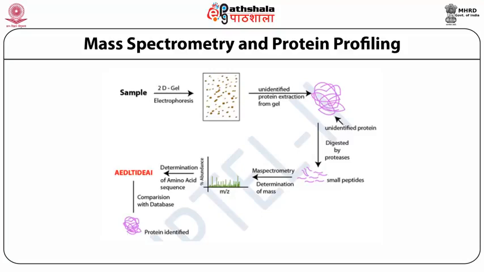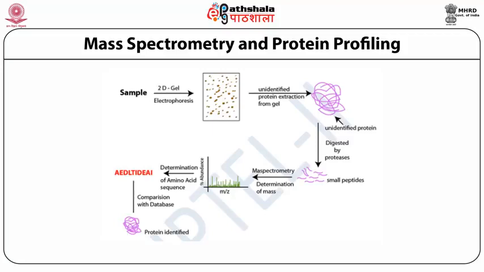Firstly, we will have to isolate the protein from the sample, and then we will run it on first dimensional gel electrophoresis. Later on, that particular gel will be run on the second dimension for the complete separation of those proteins, both on the basis of their isoelectric points as well as their molecular weights. These unidentified proteins are later extracted from the gel,